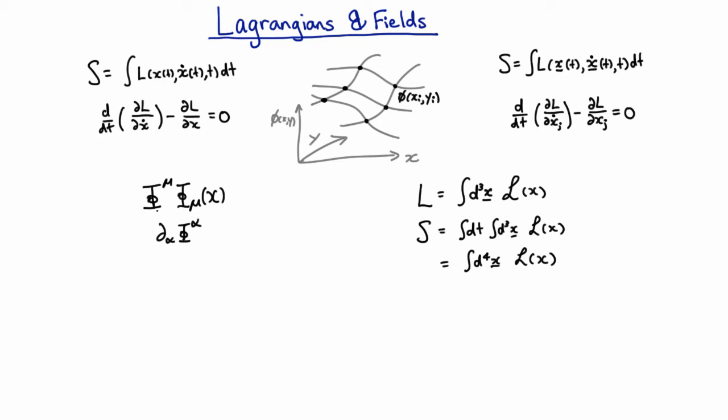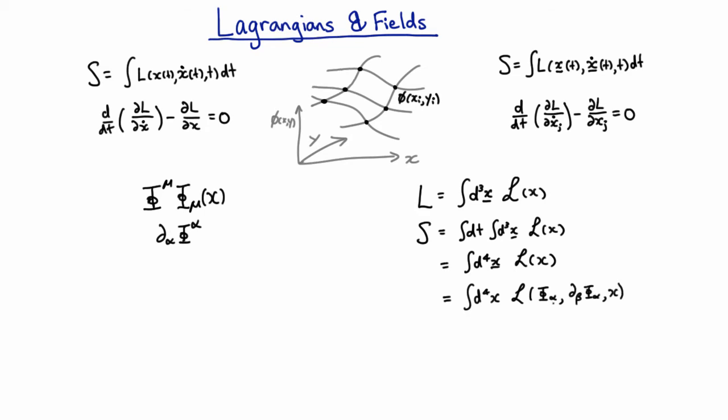So if we break it down for terms like this, then our action is going to be an integral over all space-time, and our Lagrangian density is going to be a function of our fields, whatever they may be. It's also going to be a function of the derivatives of those fields, and it might be a function of our actual space-time itself. But typically we don't have it being a function of our space-time, it's just a function of our fields and their derivatives. And then if we demand the principle of least action for this, we can redo our derivation of the variational principle, except now it'll all be one step higher in dimension because these things are fields, and so instead of being variables, they'll be functions, and so it's like functional variations. And I'll just give you the result of that rather than go through the derivation.